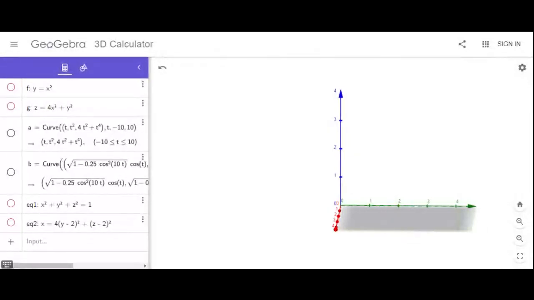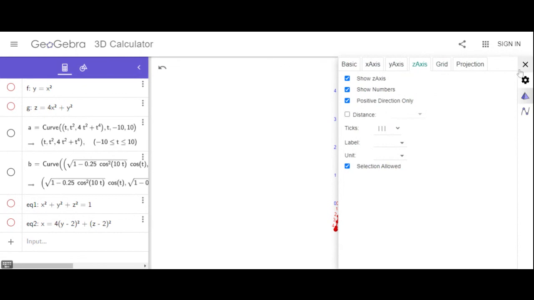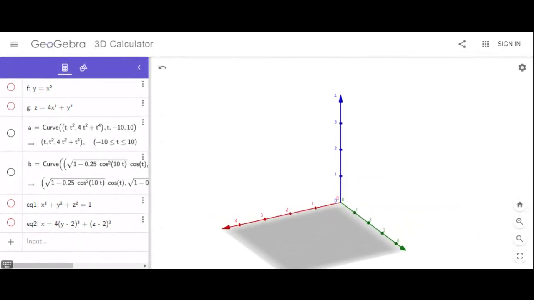All right. So when I go to GeoGebra, I always go to these settings right here. I go to settings, and for the x, y, and z, I put show positive direction only because it is less confusing. So that example that we were just looking at, we have